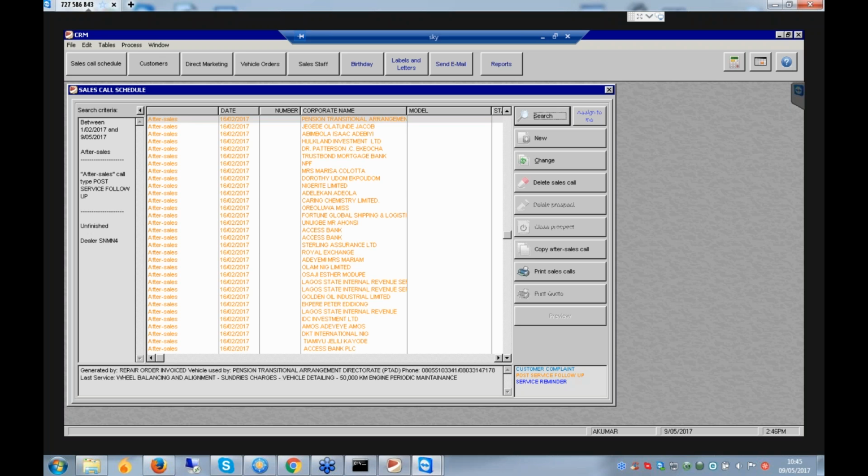This is the data. Here one more feature will be added when we go live from your own computer. So you will select this one and this is the button, assigned to me. You have to click this button, assigned to me.